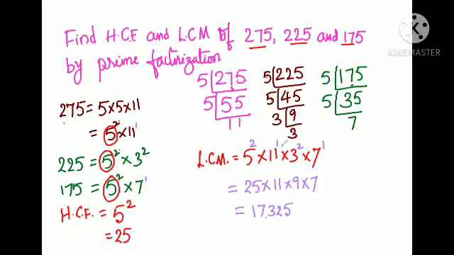This number is divisible by these three numbers. In this way, we have to find out the LCM and HCF of given numbers by the prime factorization method. Then you can check whether the given answer is right or wrong by using the division method also. Then the concept will be clarified. So let us take a somewhat big number, and only do prime factorization of the number.